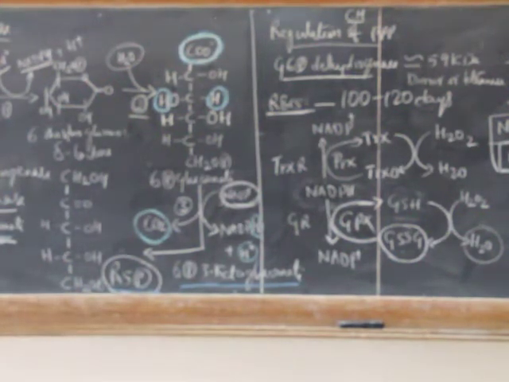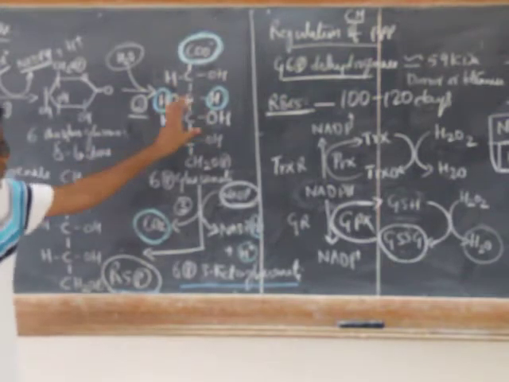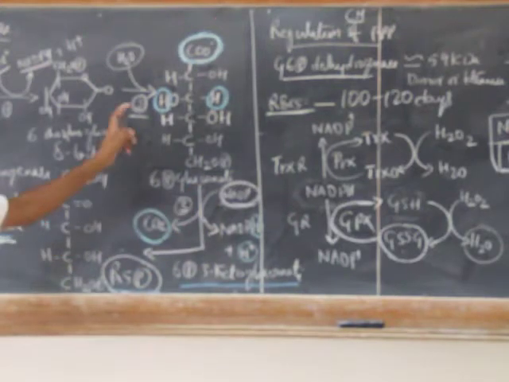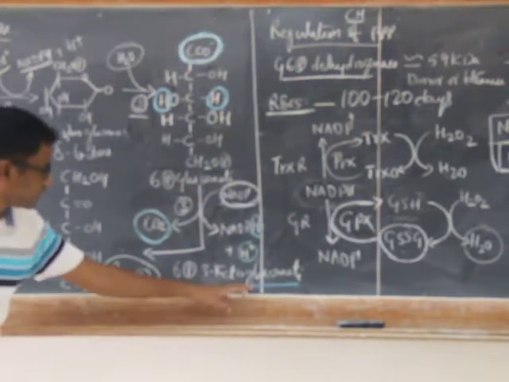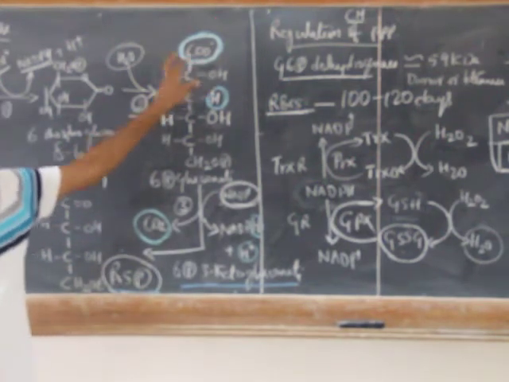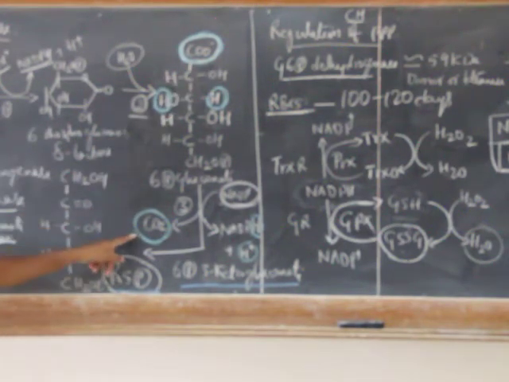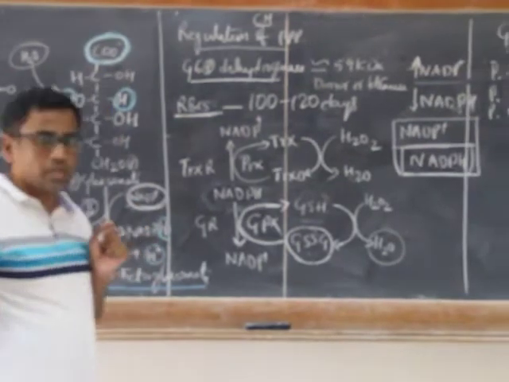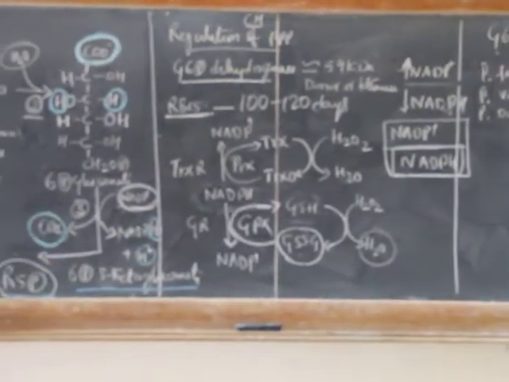So here, this enzyme in first step transfers these two electrons to NADP plus and then becomes NADPH. Then 6-phosphogluconate is oxidized to 6-phospho-3-ketogluconate. In next step, the carboxylic group will be released in the form of carbon dioxide and forms ribulose 5-phosphate. Okay, so with this, I'll move on to regulation of pentose phosphate pathway.